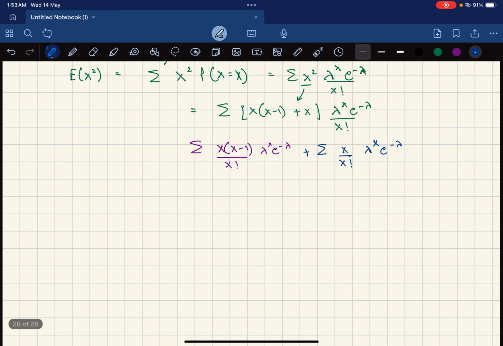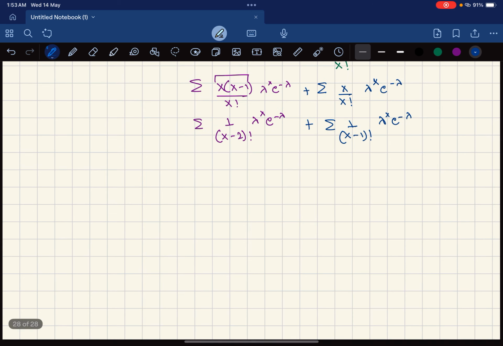Now here in the first term, x into x minus 1 gets cancelled, so we are left with 1 upon x minus 2 factorial lambda x e to the power minus lambda, and in the second we just cancel x, and therefore we are left with 1 upon x minus 1 factorial lambda x e to the power minus lambda. Now if you look at it carefully, if we expand this particular term, we would be left with lambda x e to the power minus lambda